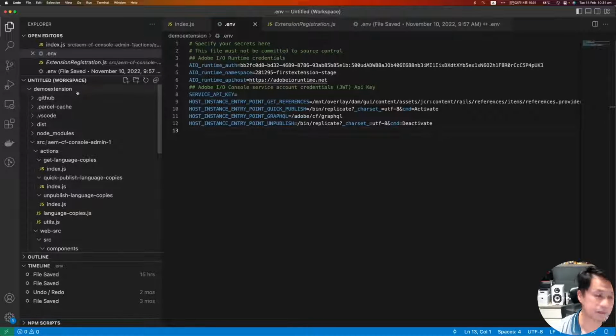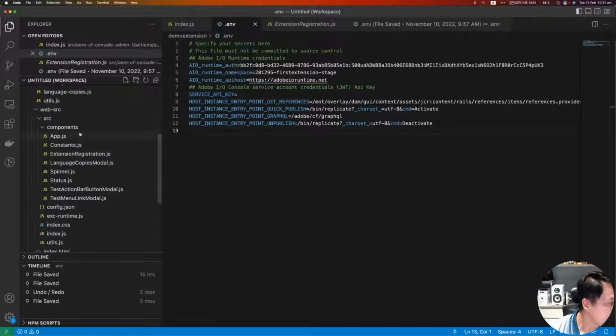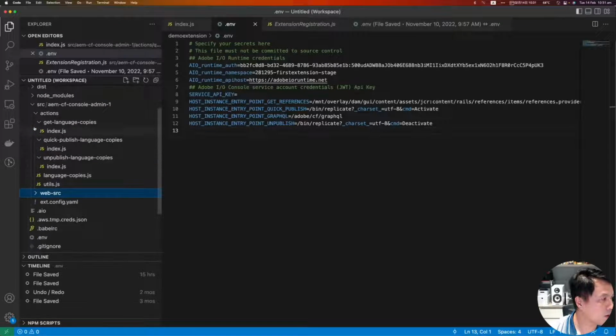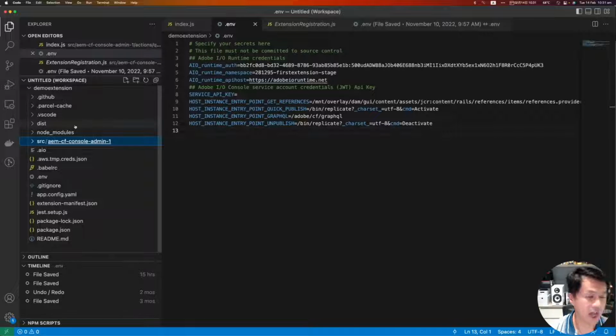I've got my demo extensions because I already built some business logic in. So this is what you get after the template finished working. And I want to highlight three parts here because, remember on the slides, I said there are three things you can do in this extension framework. One is custom logic, second is the UI, and third is the server-side API call.